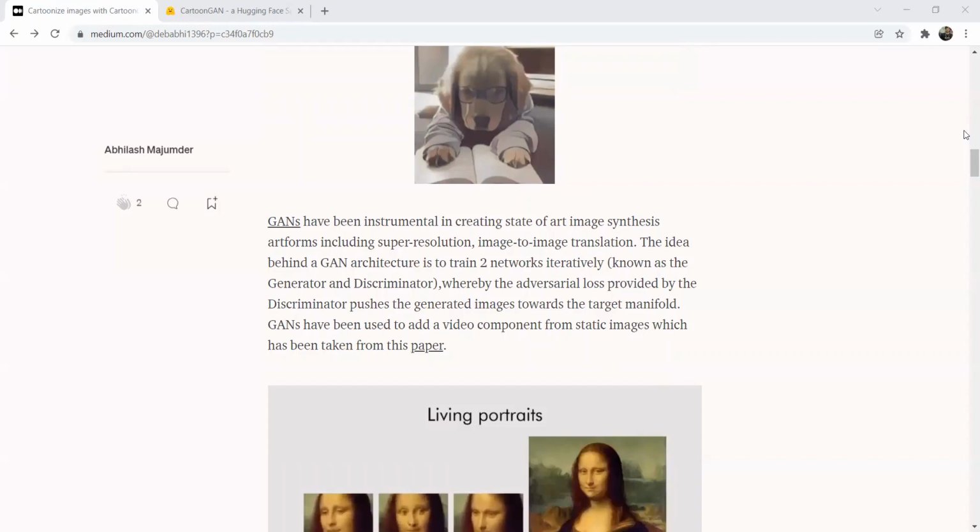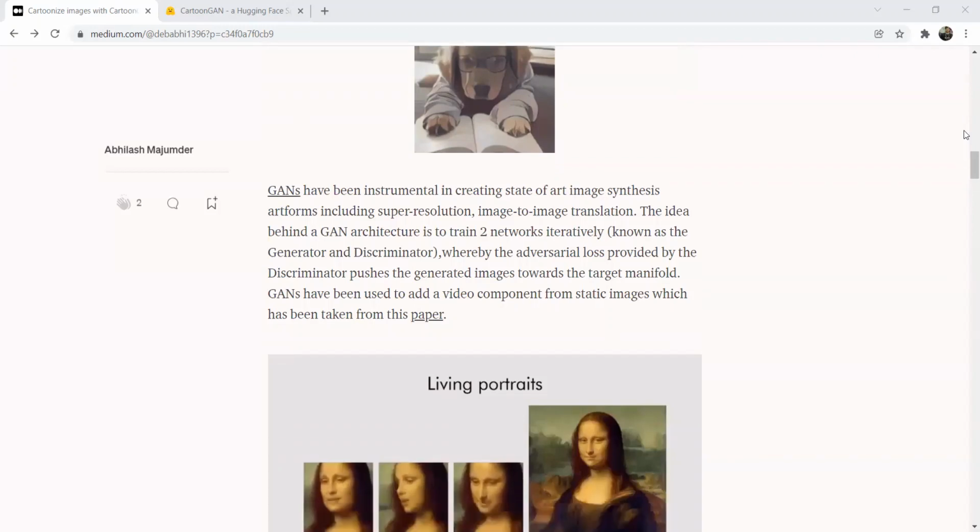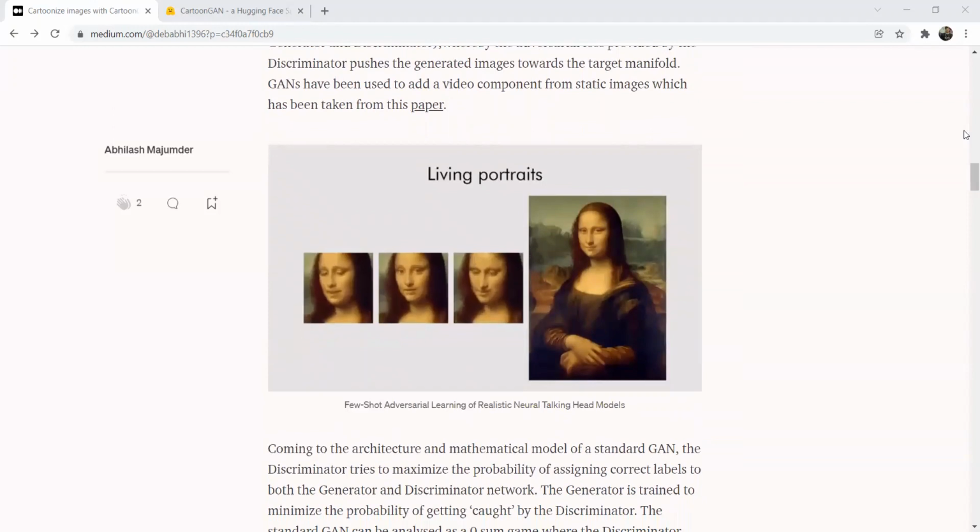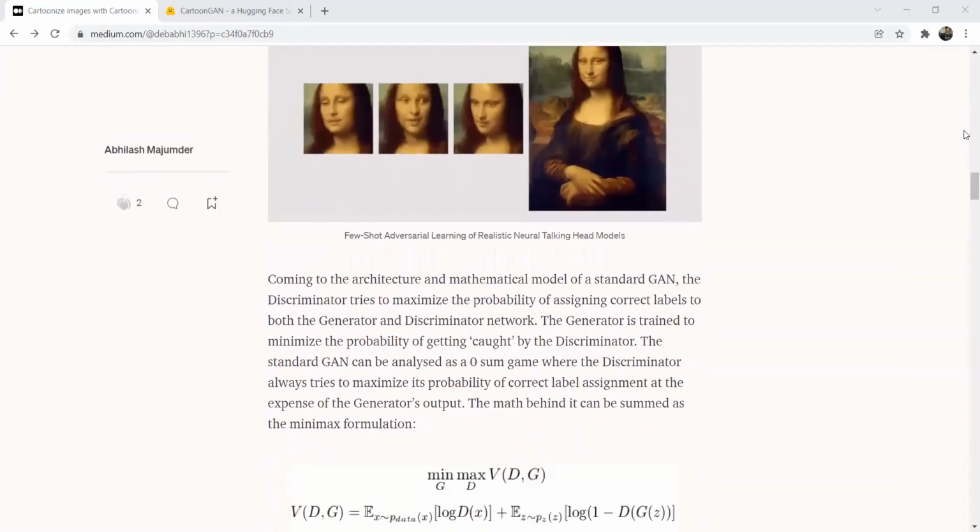GANs have been used to add a video component from static images as well, which has been taken from the paper Few-Shot Adversarial Learning of Realistic Neural Talking Head Models. This is one of the peculiar applications of GANs, where we can see a talking head of Mona Lisa. So coming to the architecture and the mathematical model of standard GAN, the discriminator always tries to